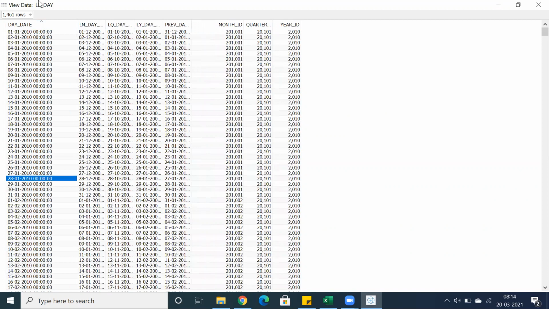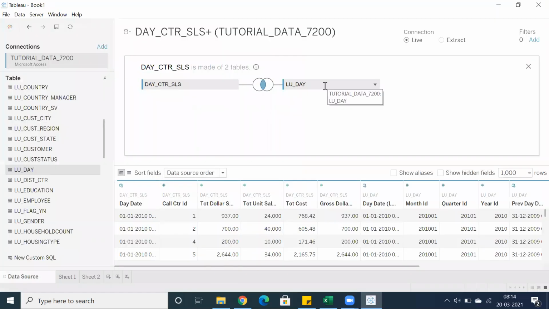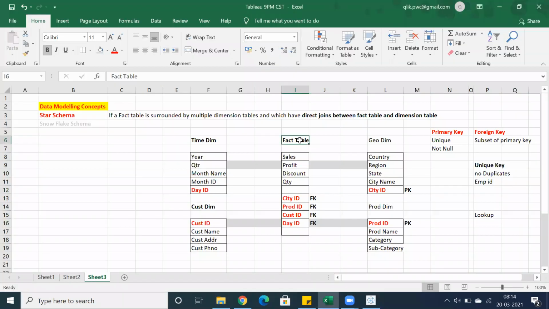But when you look into this day table, we have foreign keys like month ID, quarter ID, and year ID. I'll tell you why they have placed month, quarter, and year ID in this particular table, because this is a Snowflake schema structure. This is where you can simply establish the relationship between the tables, like fact table to the dimension table. Similarly, we have this one, right? A fact table consists of facts, and we do have key columns. And as I said, we do have foreign keys, and these are all primary keys.